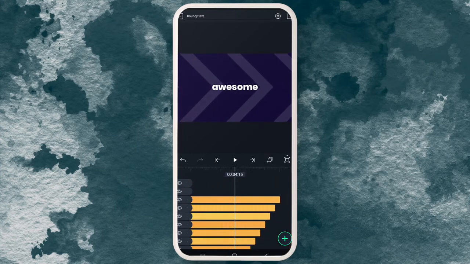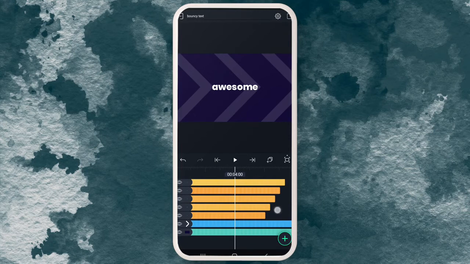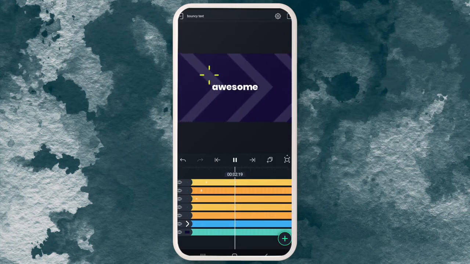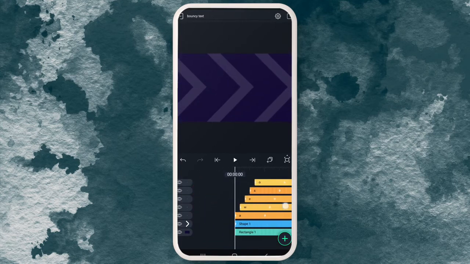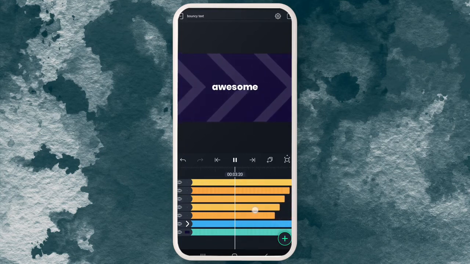All right, so now what if I want to create more of these texts? What do I do? Because in the intro, you saw that different words were coming up. So all you need to do is, so it comes in like that. All right, if it's too slow, you can just adjust it to make sure it is as fast as you want it. It comes in like that, so probably at 3 seconds or 3.5 seconds, 3 seconds 15 frames,